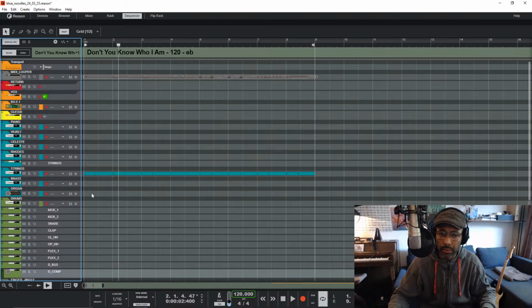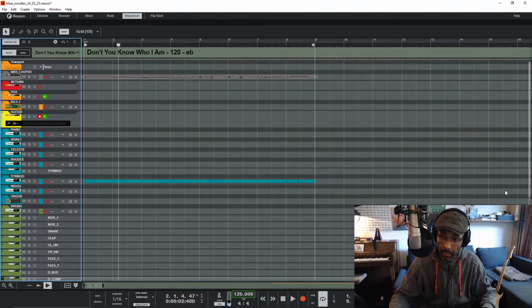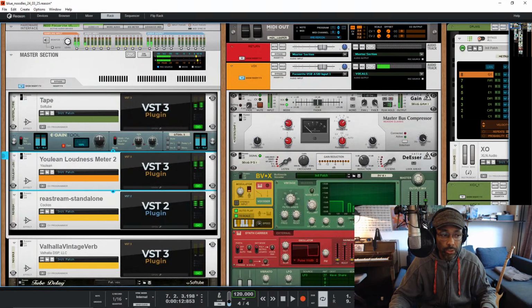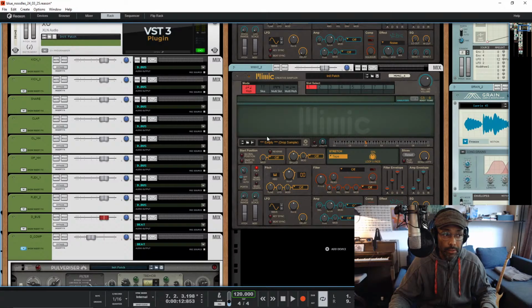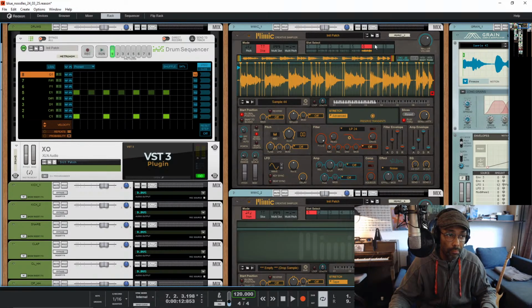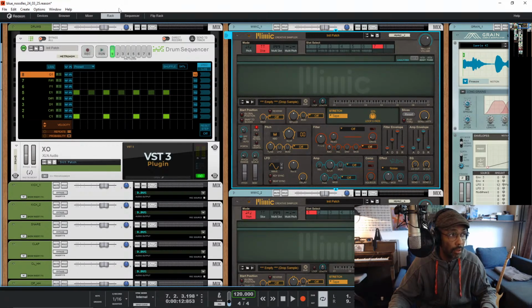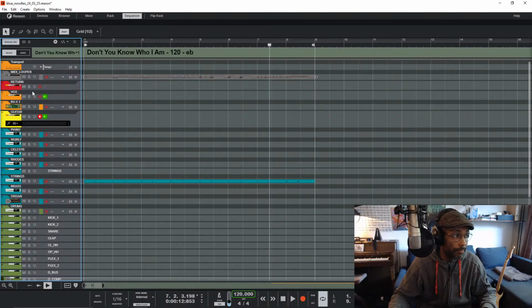I have an issue with this organ. Not sure what it is yet, but maybe later with this organ. We need to track some guitar. But before that, we could actually already do a little test sampling. Let's put this in Mimic, one of my favorite toys.